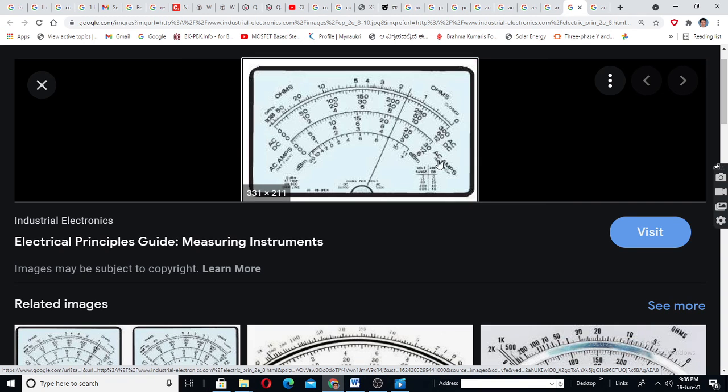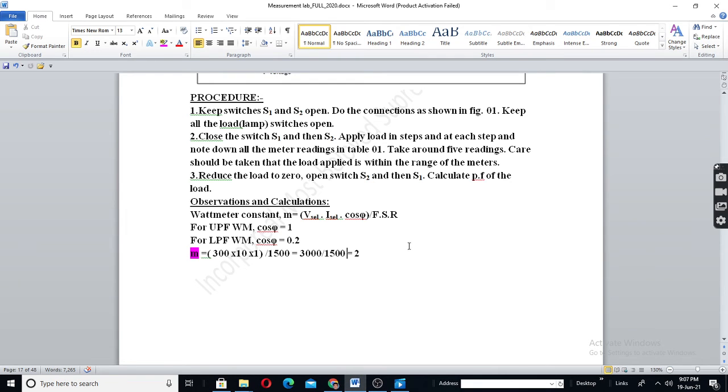So if you select the 30 range, you should read the reading in the 30 scale. Then there is no need of a multiplier, meaning the multiplier is 1. But if you select the knob as 30 volts and observe the reading in the 12 scale, which is 8.8, then multiply 8.8 by 30 by 12. That is the multiplier here.